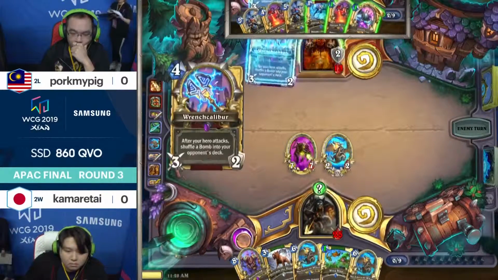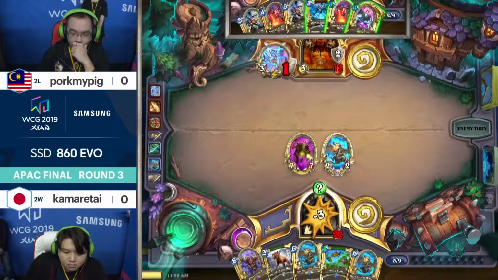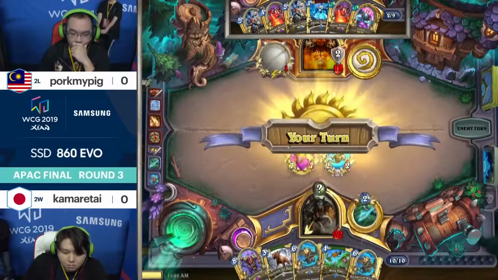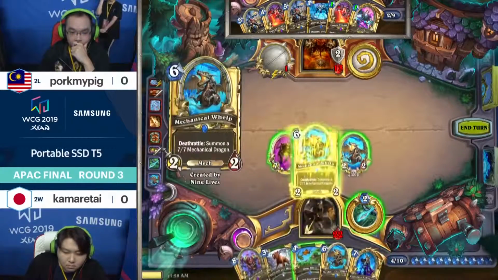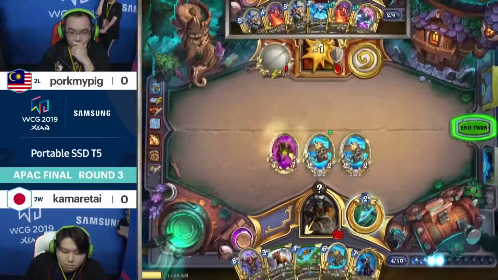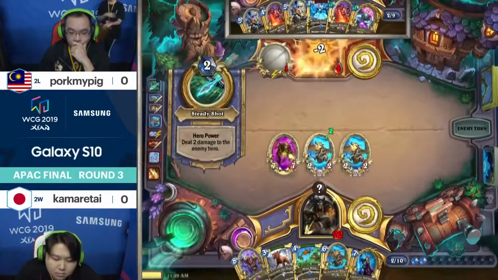Well, Wrench Caliber is going to potentially bring it in a little bit earlier. Checking for some secrets here. Knows now that it's Rat Trap, most likely. But he's just going to take it to the face. How about some more value? It's at least 11 damage coming down. And if he had anything that could magnetize, that would have just been death. But he didn't. He survives another turn, but...